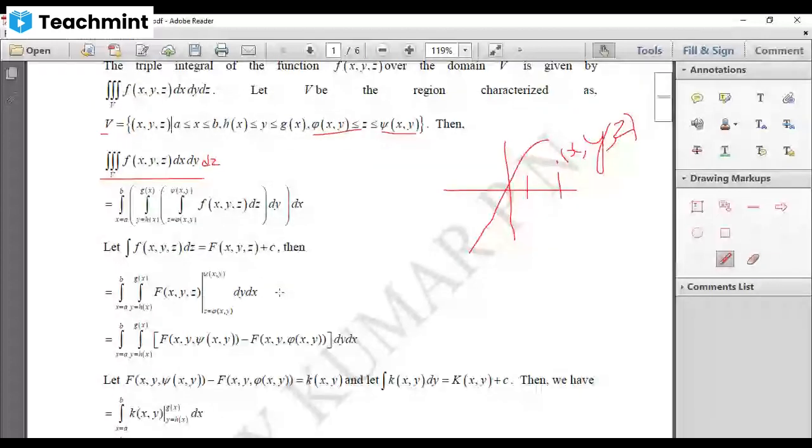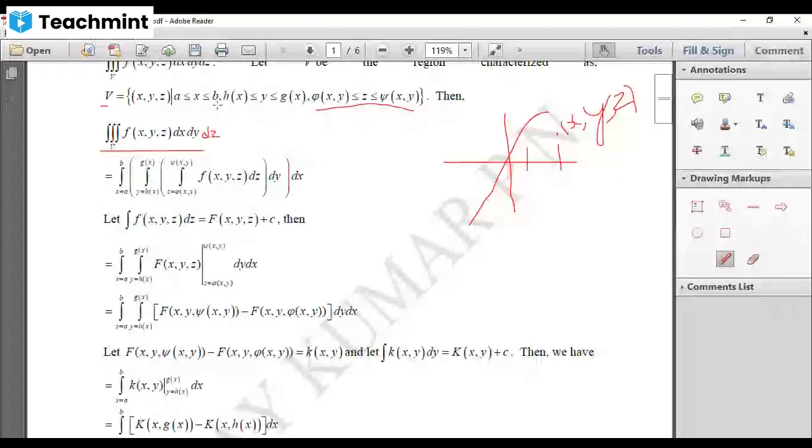So we should get a real number. We cannot integrate x first here, because the limit of x is constant. Can we integrate y first? If you integrate y, then you will substitute x also. So x and y go off, but z will remain. That's the reason we first have to integrate with respect to z. Then you get a function in terms of x and y. Then integrate that function with respect to y, so that you get a function in terms of x only, which is an ordinary definite integral. You can solve it by ordinary definite integral techniques.